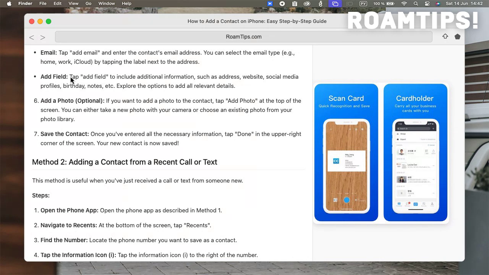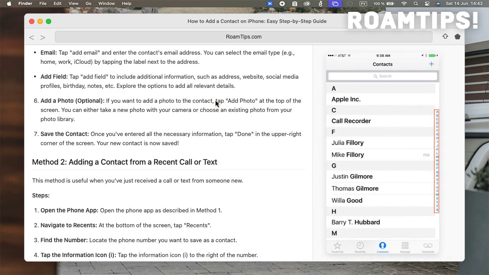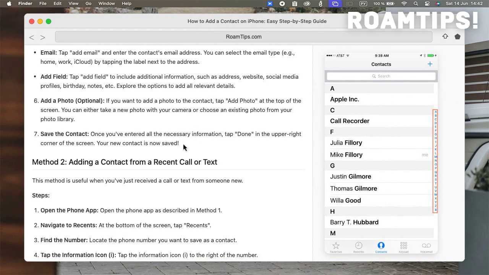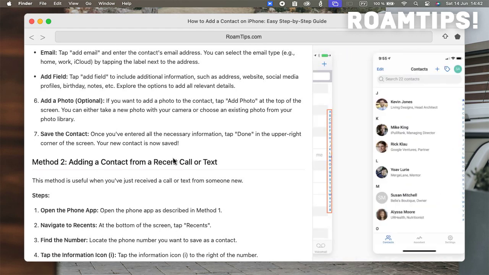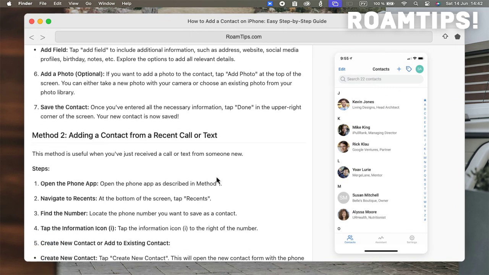Tap on that. 4. Now you can enter the contact's information. Start with their first name and last name. 5. Below that, you'll see a field to add their phone number. Tap on it and type in their number. You can also select the type of number it is, mobile, home, work, etc., by tapping the label next to